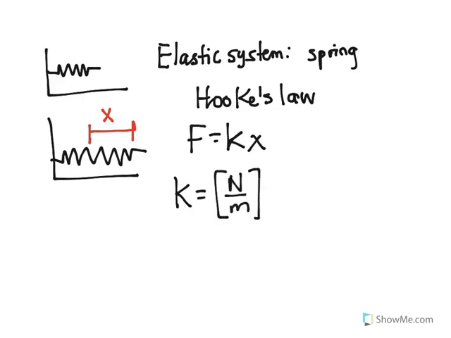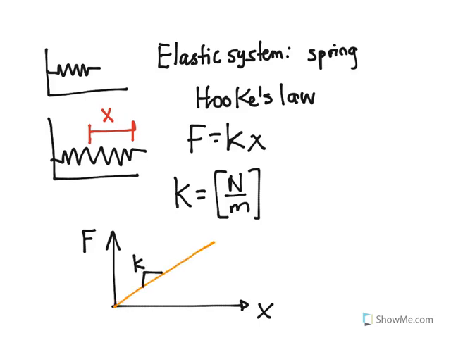It's the amount of newtons you have to input the system in order to deform or deflect the spring 1 meter. If we graph force against the displacement or against the deflection, we will see a straight line whose slope is the constant K. At the beginning, the position it has is going to be called the equilibrium position. Then you can actually deflect it by